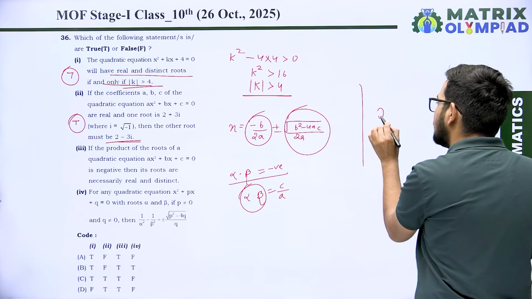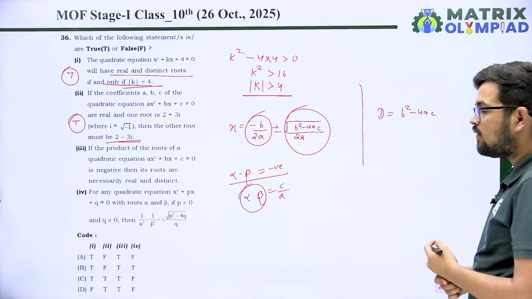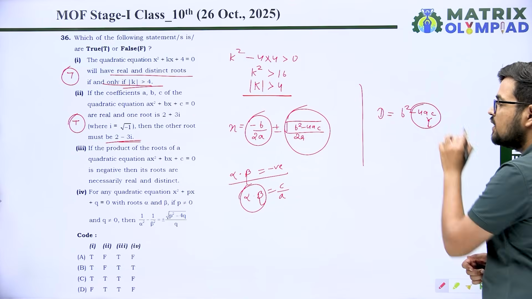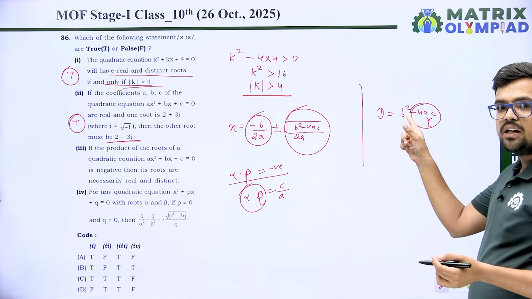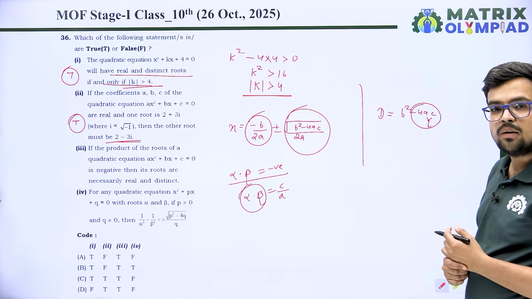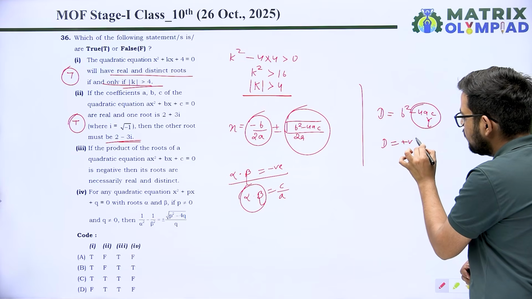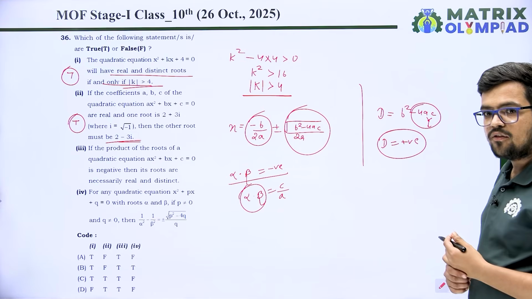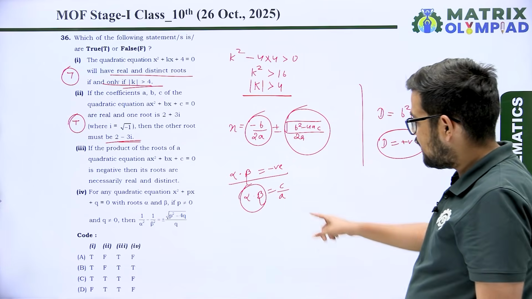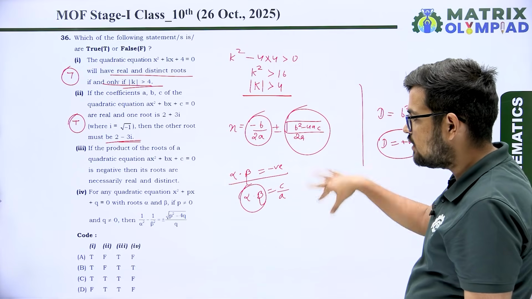When we find the discriminant b square minus 4ac, if a and c have different signs, the value of minus 4ac will be positive, and b, whether negative or positive, b square will be positive. It means the discriminant will be positive, and if the discriminant is positive, then roots are always real and they have different signs. It means one root is positive and the other one is negative.